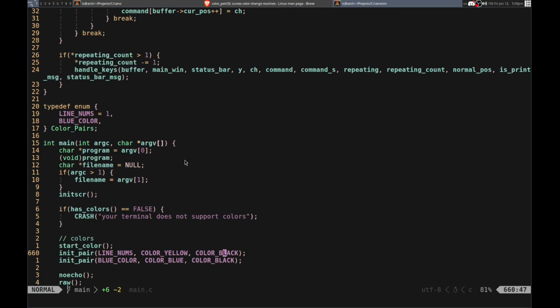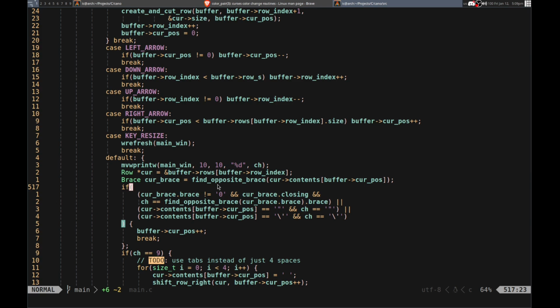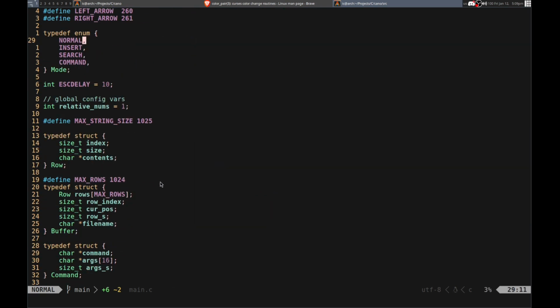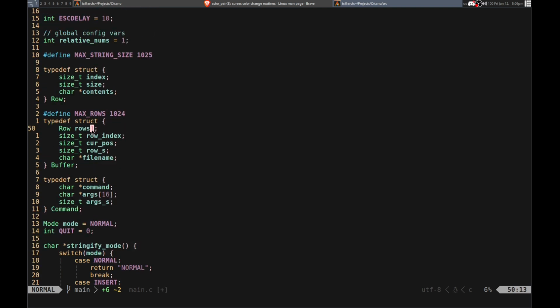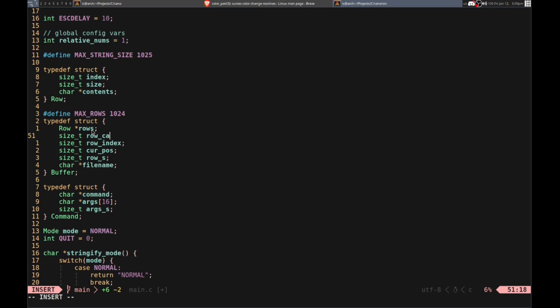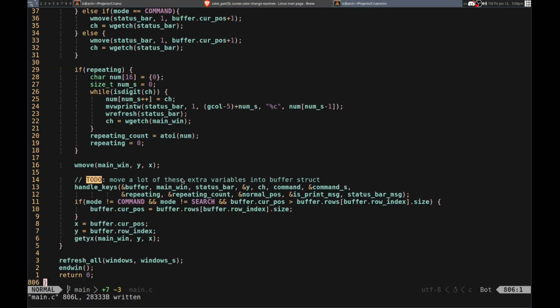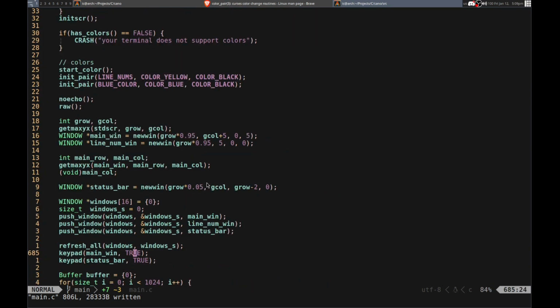So basically dynamically resizing the rows. That means we're gonna need to allocate them. Let's see, where is that? So instead of this, I want it to just be a pointer. And then we also need a size for row capacity. And we already have the row size. So if the row size extends the capacity, then we need to worry about that. But basically, I will allocate